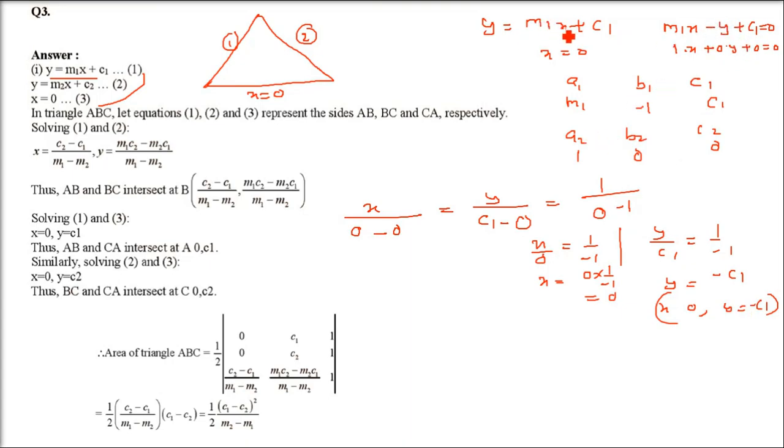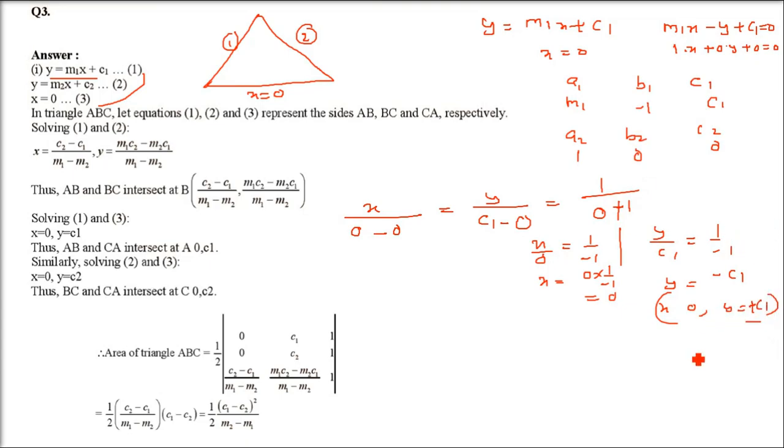Let me tell you that I used the cross multiplication method, but in this question it has not been asked what kind of intersection method you want. So you can do whatever way you want. You can take this method, or the cross multiplication, or any other method which we have done already in our earlier discussions. So coming to the 1 by 0 minus 1, as I said, it's plus 1, so I'm just changing it.